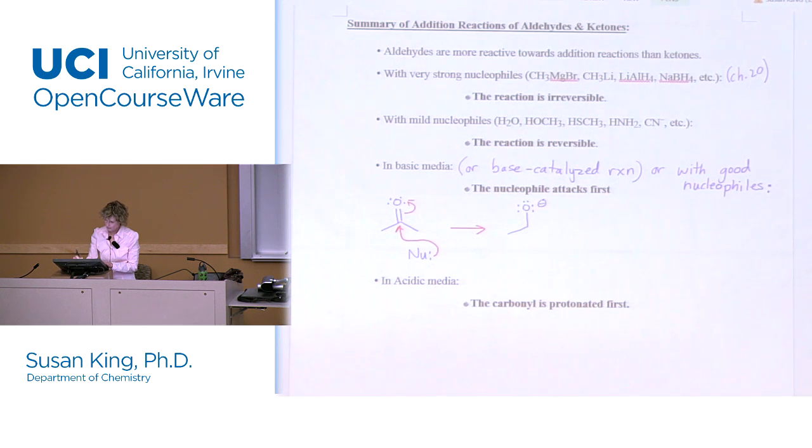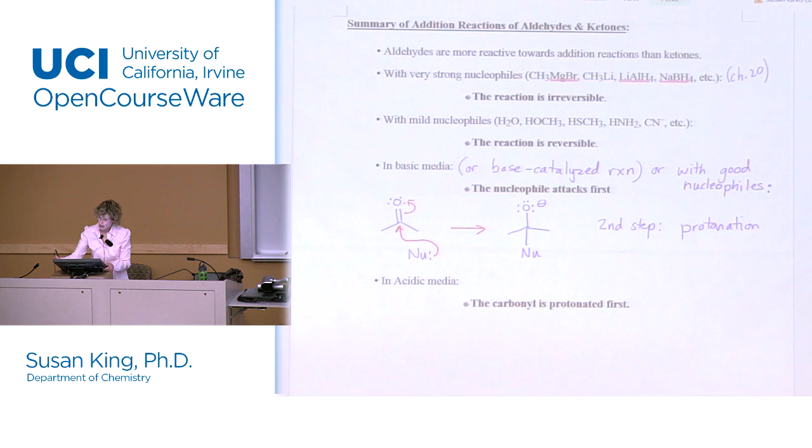So in the base catalyzed reaction, we get the nucleophile attacking first, or the base attacking first. And in the second step, we have protonation. So a common mistake I see in exams in base catalyzed reactions is students protonating the carbonyl first, and you don't